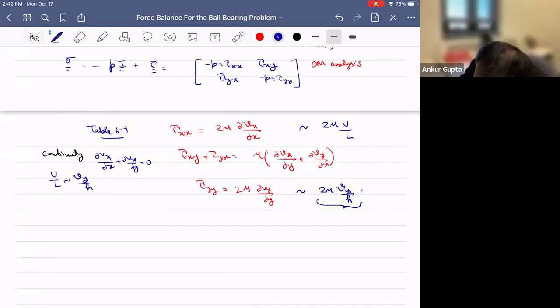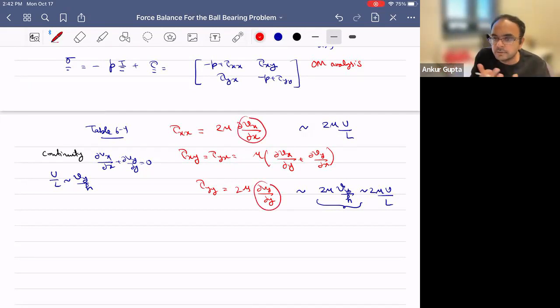So I can also write this as 2 mu u by L. It's just the same thing, because the other way to think is this is del vx by del x, this is del vy by del y, and they are equal and opposite in magnitude. So it's just 2 mu u by L. Okay. Now what we do not know is the pressure. So how to think about the pressure? In the actual problem, you do calculate pressure. You can calculate pressure, but I just want to show you how you can also estimate pressure directly using the